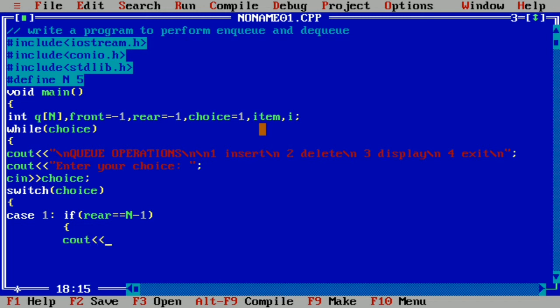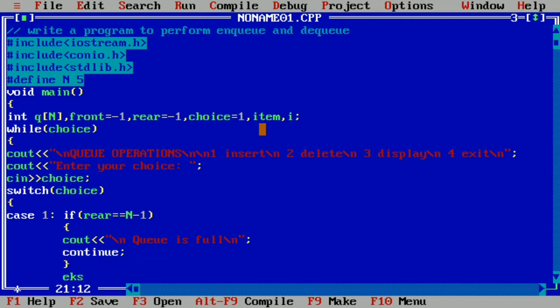So cout, in a double quotation mark we are going to write \n, queue is full, \n, and now we will write continue, and then curly closing brace.